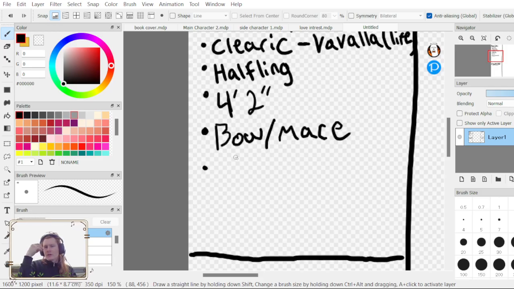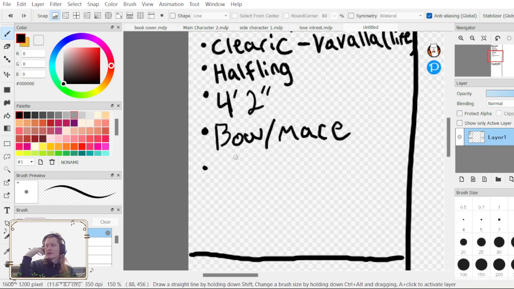So, what can we use to represent life as a divinity focus? Something to base her power off of, to cast from.